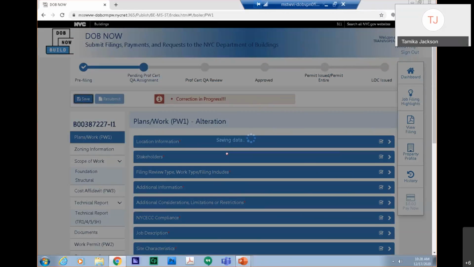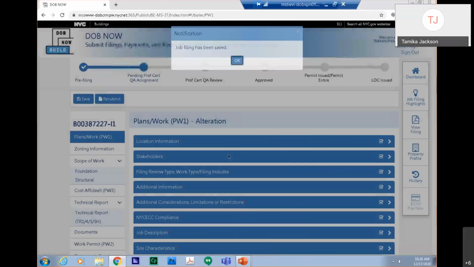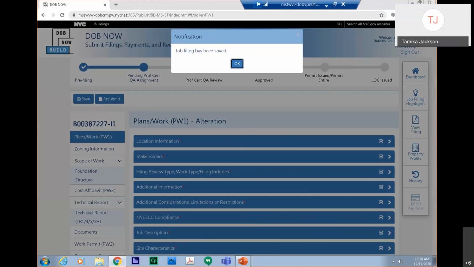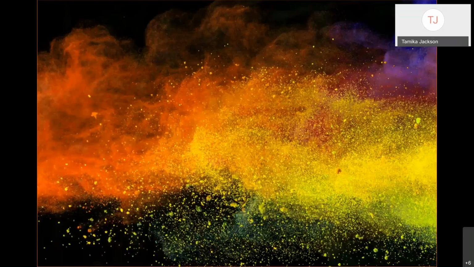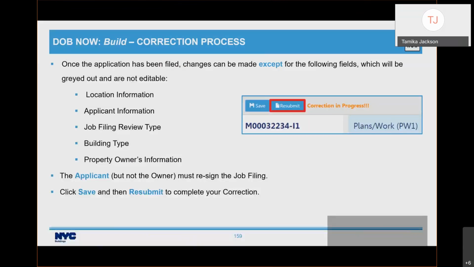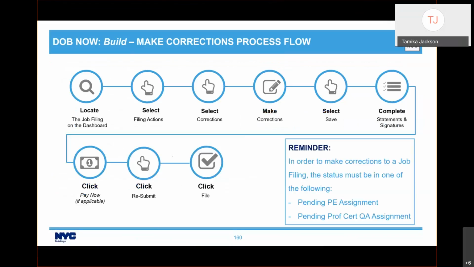And then you would reattest, and not the owner, just the applicant. And then you would resubmit. So it's pretty easy and convenient. So just to recap what we just went through, I located the job filing on the dashboard,